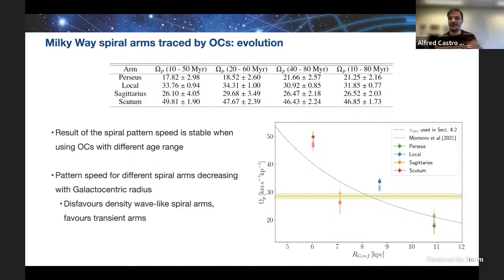So individually, all of them are. You are comparing with this value here, but this value also has a range. I put down only one study, but there are other studies that take it to 20 kilometers per second per kiloparsec. So you would say Perseus. Yeah, I understand. The point is that, well, yes, observations of